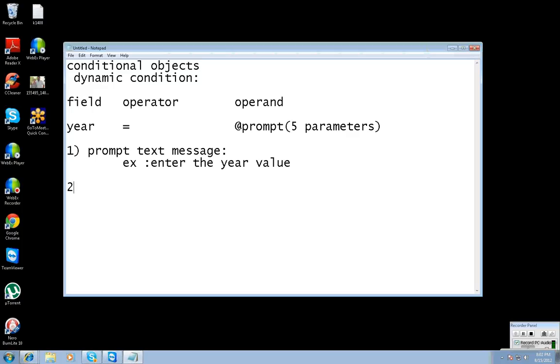And the second one, data type. What data type? In what field you are applying the dynamic condition? That field's data type we have to mention. A for alphanumeric, N for numeric, and D for date. If it is alphanumeric, we have to give it as A. If it is numeric, we have to give it as N. If it is a date, we have to give it as D. Okay, very good. Then the third one,